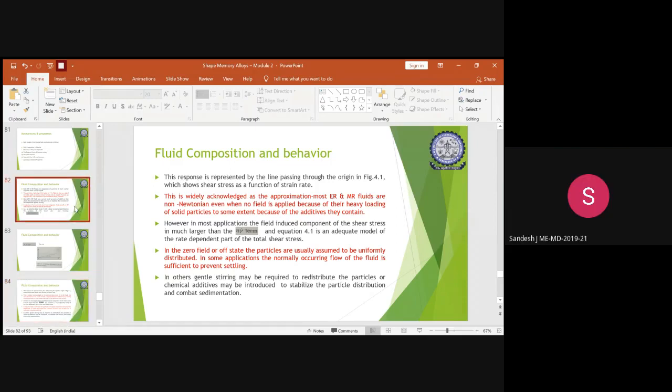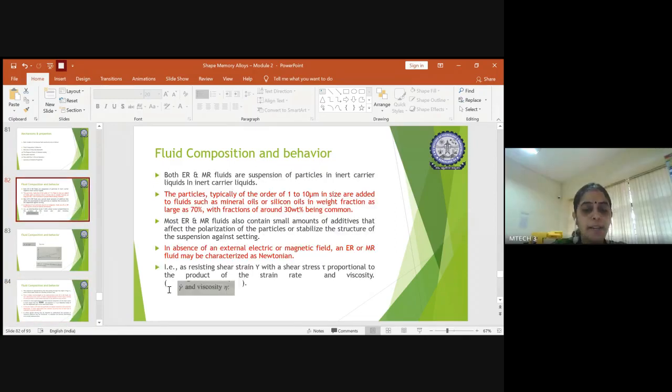So this is how the relation between the shear stress and the shear strain comes into the picture. Here, please be careful. We are not talking about just stress and strain. It is shear strain and shear stress, because you have one plate fixed and another plate moving in shear mode. And in squeeze mode, you have both the plates moving. Hence, it is shear strain and shear stress, not only stress and strain. So once this is done,